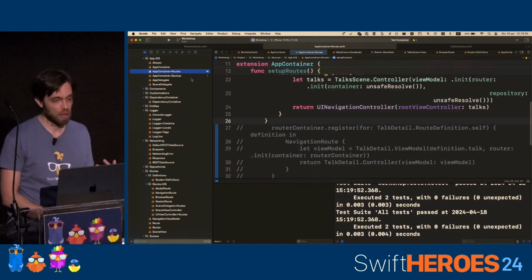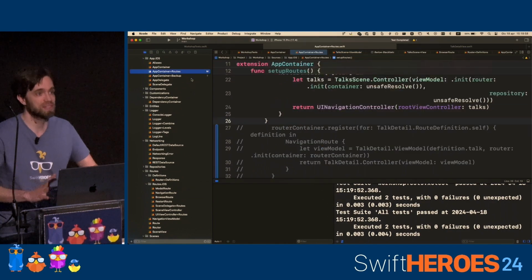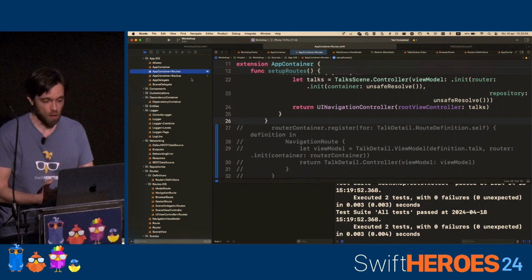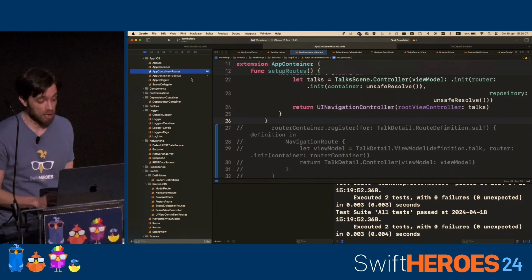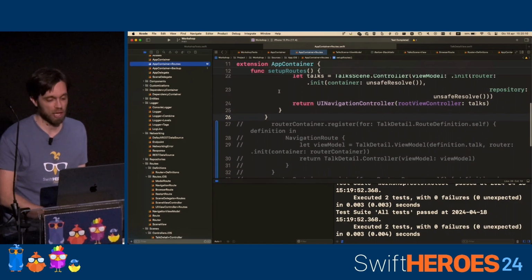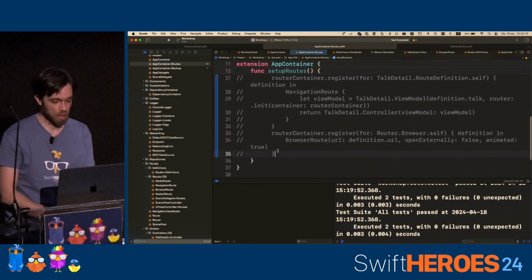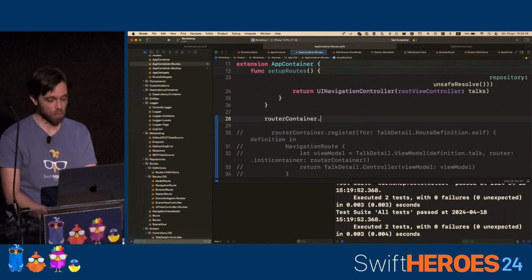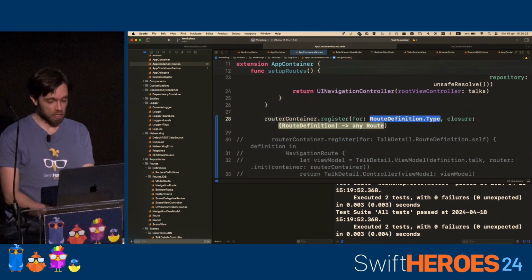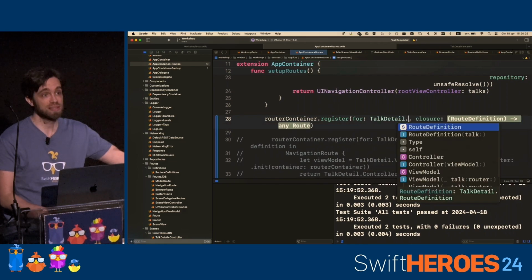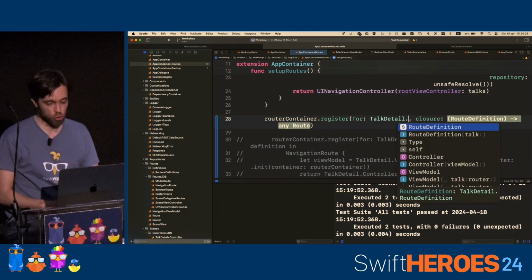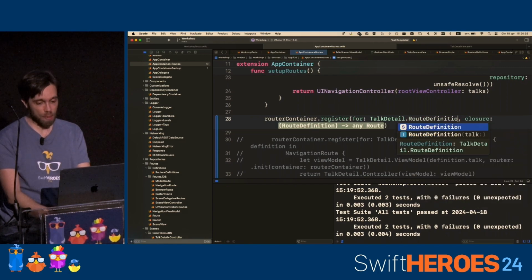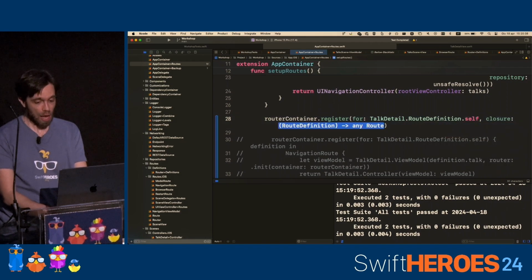To take a look at how the registration part works, it's split in two, right? I'm sending an object to my router, but if I don't register the way I should react to that, I'm not going anywhere, right? So in the bootstrap phase of the application at startup, let's try to have Xcode help us out. So I'm going to say route container dot register for the talk detail dot, you can nest types if you like, or do not use Swift nesting, it's not a requirement. I want to register every time I'm dealing with a route definition, I want my closure,